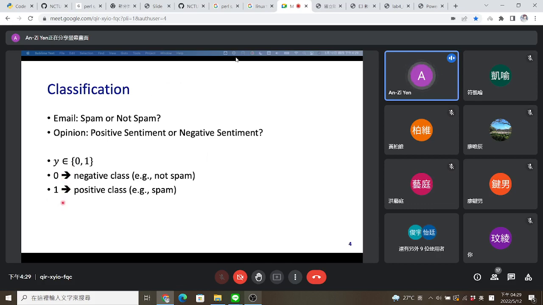In this case, y of a multi-class classification problem may take, like, four values 0, 1, 2, 3, and it is called multi-class classification. But we will start from the binary classification problem, and then we will